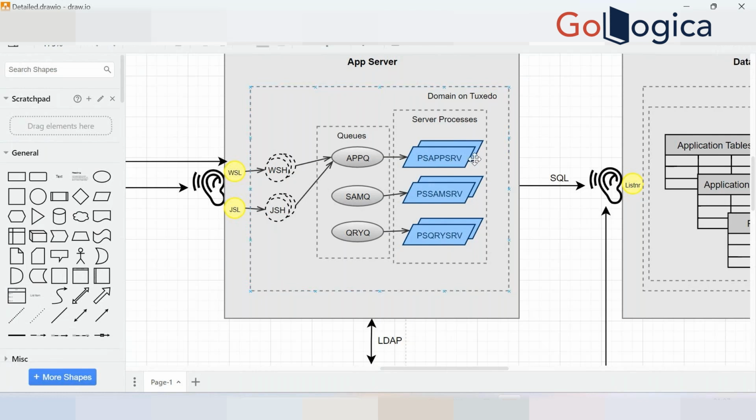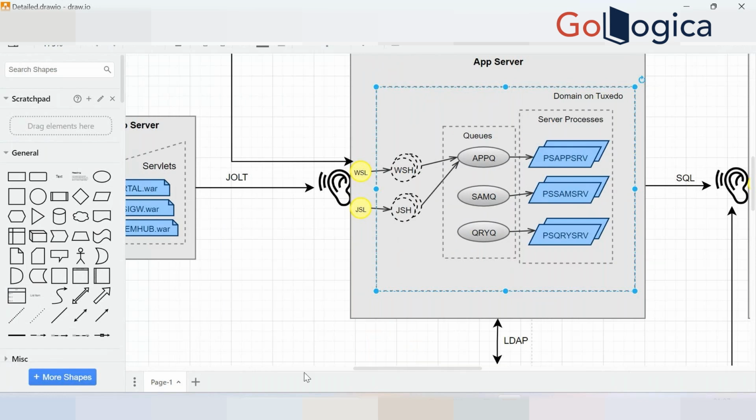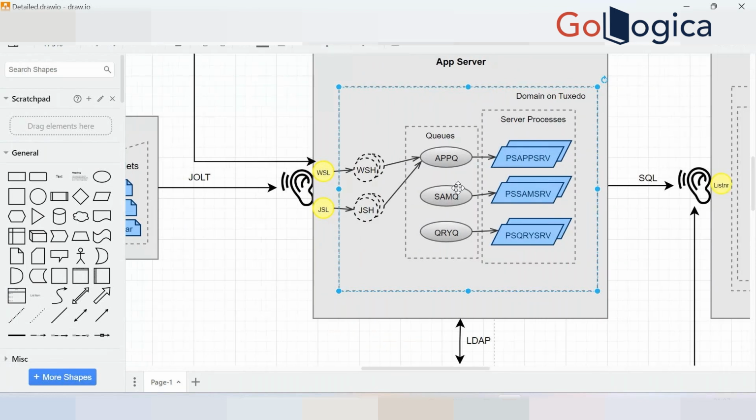Now, if PSAPPSRV is busy, it is not going to return that, hey, server is busy. No, it will not do that. It will keep piling up the requests in the queues, and there are different queues for different services. So say for PSAPPSRV, you have the APP queue. For SAM server, you have the SAM queue. For query server, you have the query queue. So the purpose of the handler is to get the request from the listener and put it in the correct queue. Got it? And whenever this server process gets a chance, it picks up the oldest request from the queue,